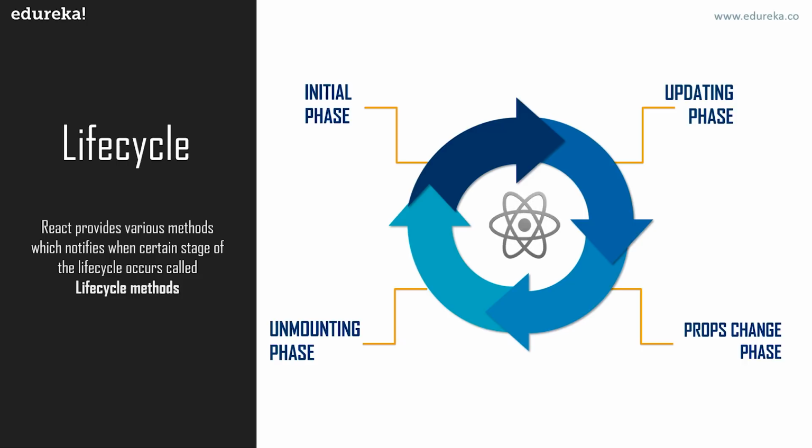So what we are saying is that there are 4 phases in which you can define the life cycle of a particular React.js application. It's very important in an application with many components. Let's say there are 10 components in a React.js application. It becomes very important to free up the resources taken by the components when they are destroyed. For example, a component is destroyed. It becomes very crucial to free up the resources taken by that component, because once it is destroyed, the resources it consumed should get freed.